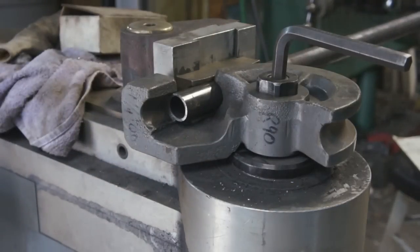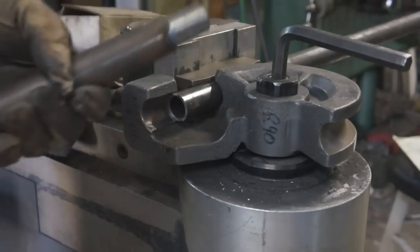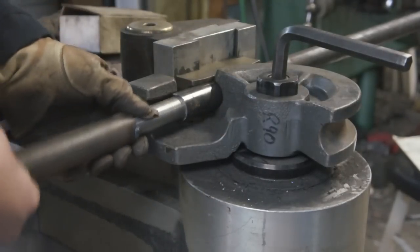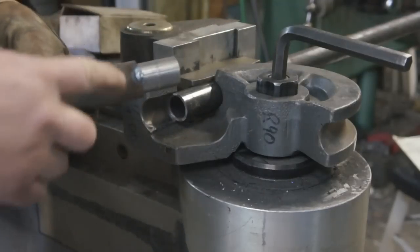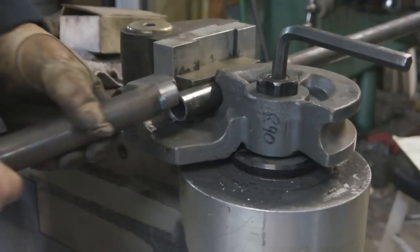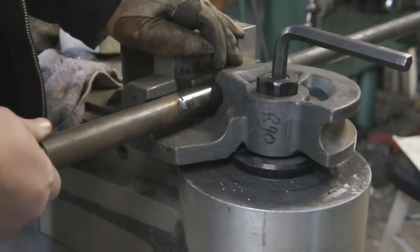So to fix this, I've taken a piece of 1-inch stainless that'll fit inside this tube, and I've taken another piece of 1 1/4 inch that's the same as this, and you can see I've already done one. There's a weld there, and I only want to put it in about that far because I don't want the stainless to be in where any of the bend is. So I'll insert that,